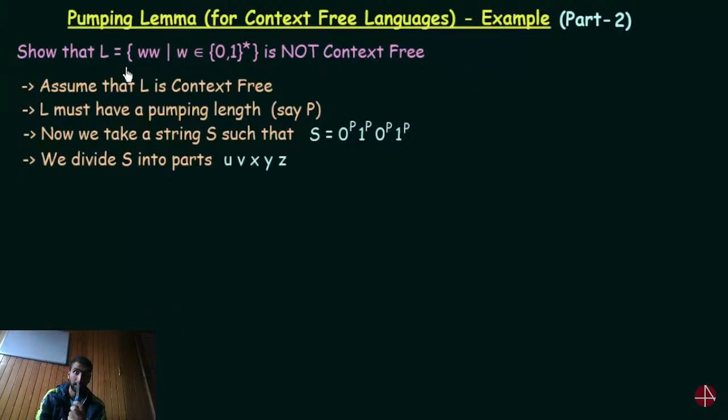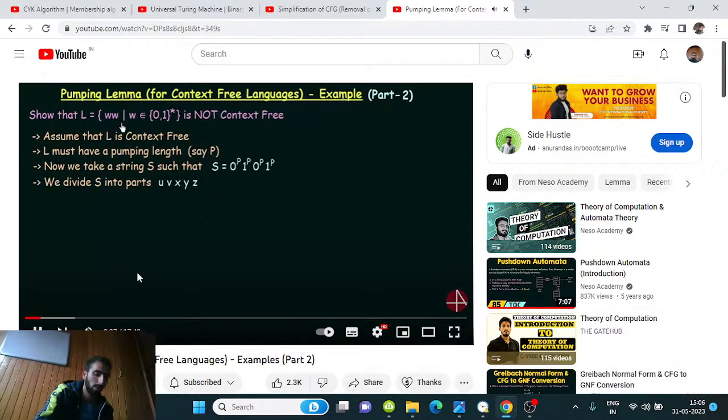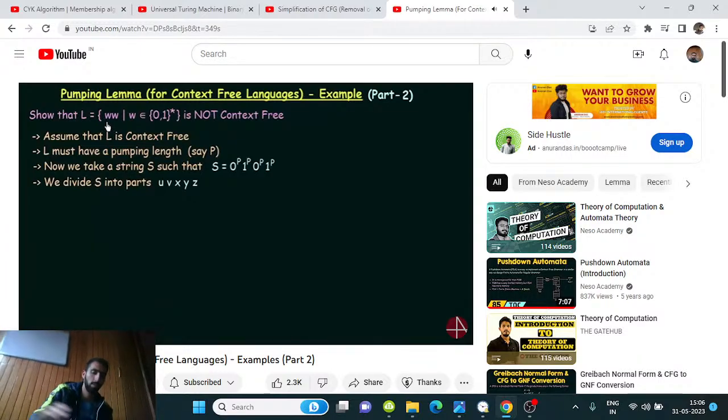So let's see what is the language that we have here. We have a language given by L, which is given as WW, where W belongs to the set of symbols over 0 and 1. Now, what do we mean by this language? So this language says that it can contain any set of strings over 0, 1, and the first part of